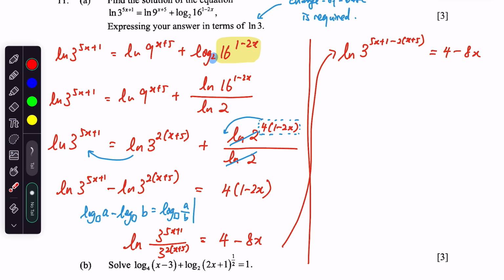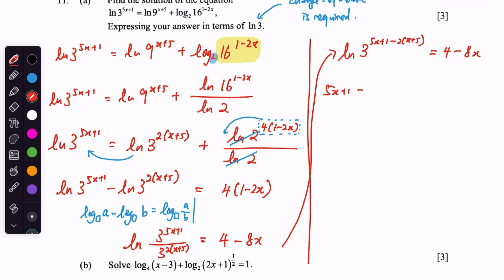What I'm going to do is I'm going to take 3 to the power of everything. 3 to the power of both sides. Oh wait, sorry, I don't need to take 3 to the power of both sides because I'm allowed to have ln 3. I can bring out this power in front and we will get 5x plus 1